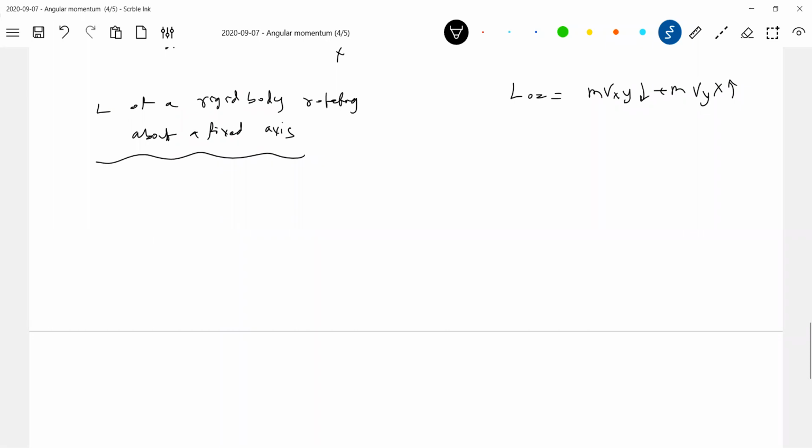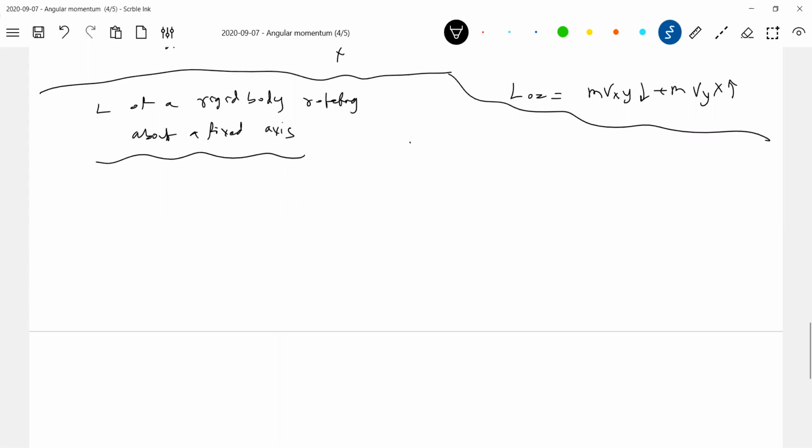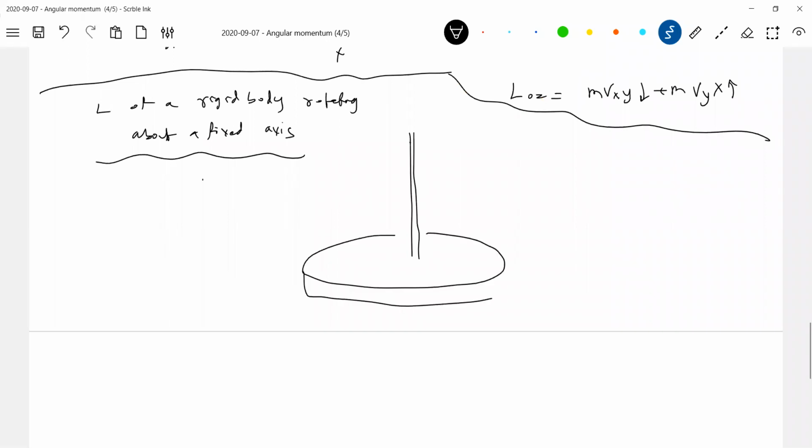What is the angular momentum? So we define. The best example, let me take a circular disc. Let me take a particle at a distance small r,